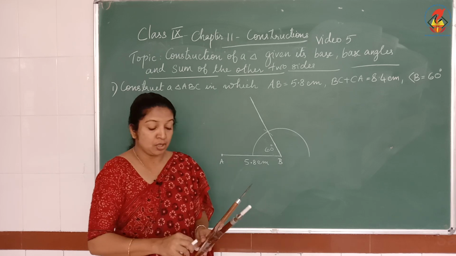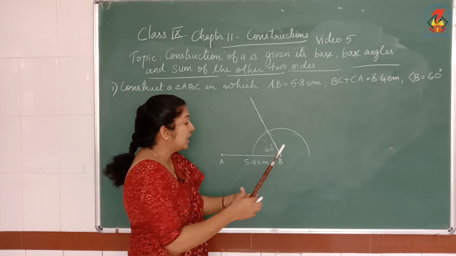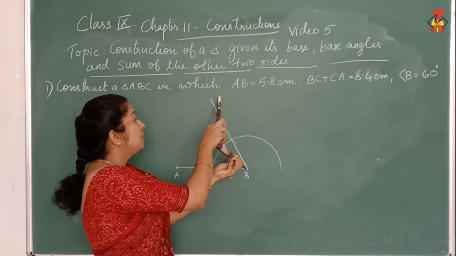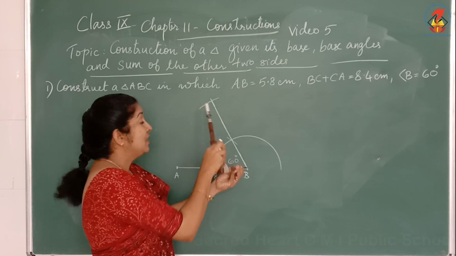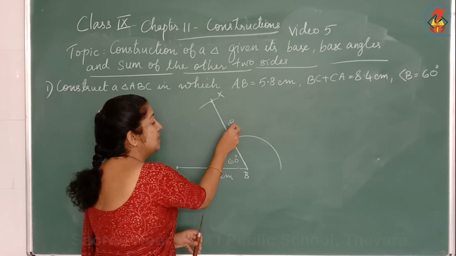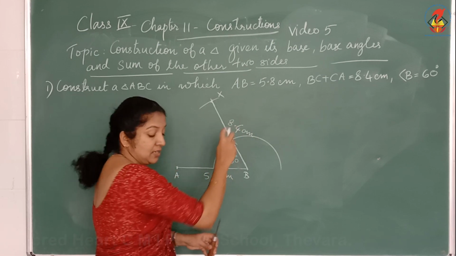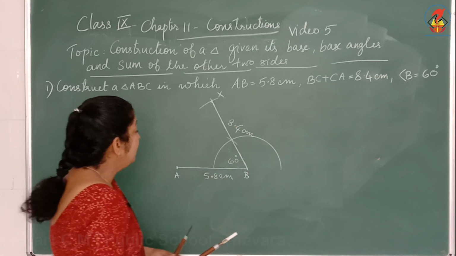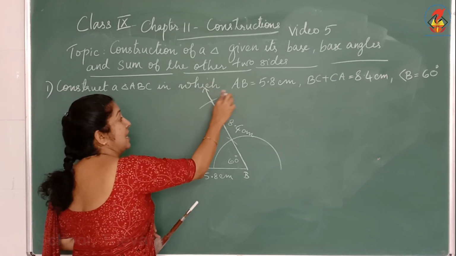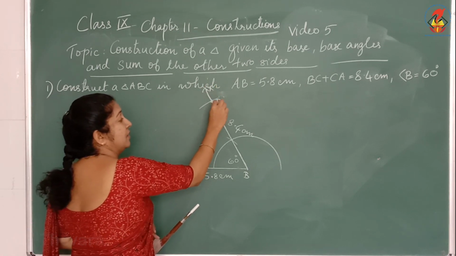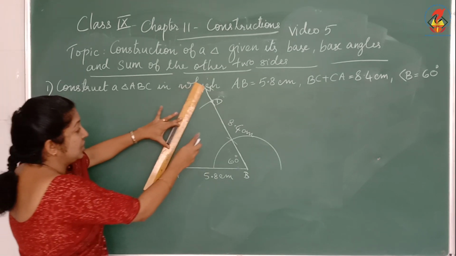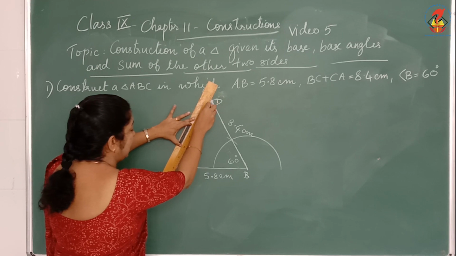So what you have to do next is, you have to take 8.4 centimeter in your compasses and make a cut from here. It should be 8.4. I am not taking correct value. I am marking it as X. So how much is this? 8.4 centimeter. Then you can extend this and mark it as X and I am marking D here. What you can do next is, you can join A and D.